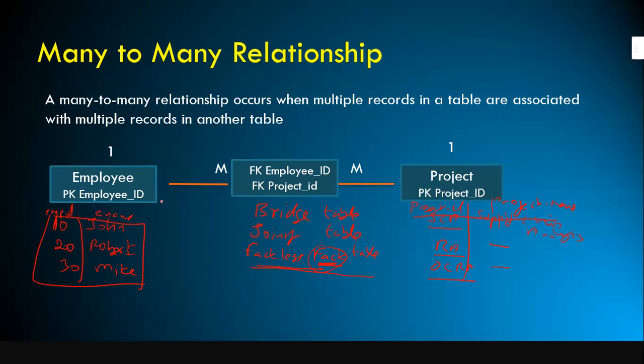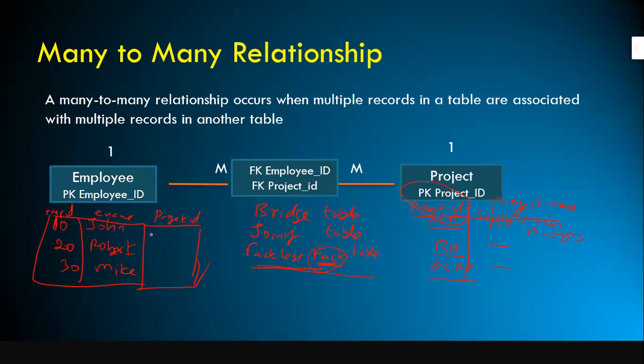The only way out is, like I showed you in the employee department table, you can store the project ID here, like the department number. You remember in the employee table, we stored the department number. So here you can store the project ID in order to extract the project name from this table. But here, the employee John is working on more than one project.